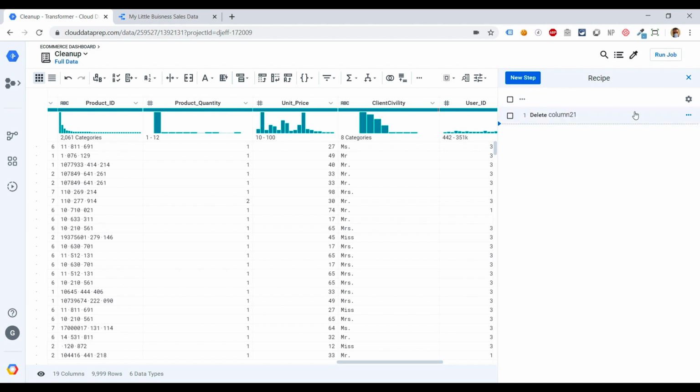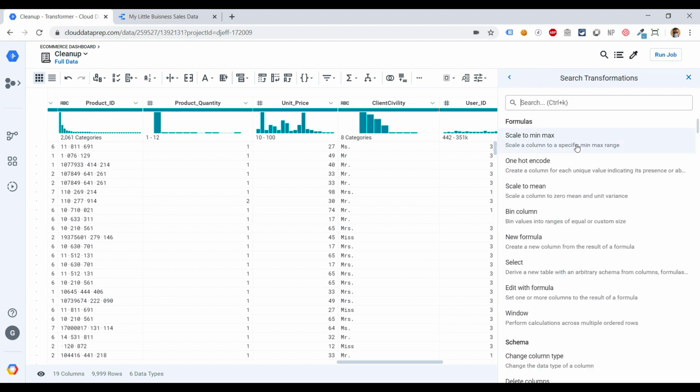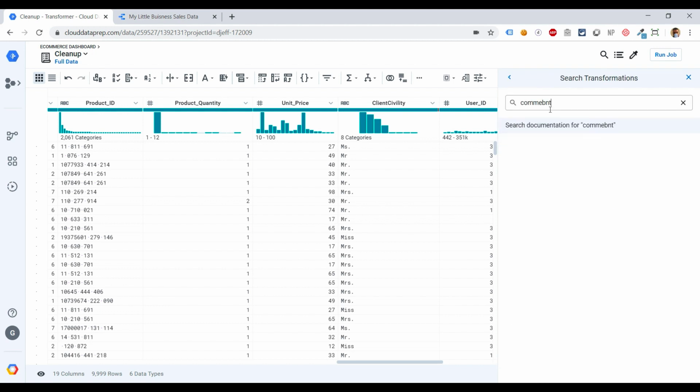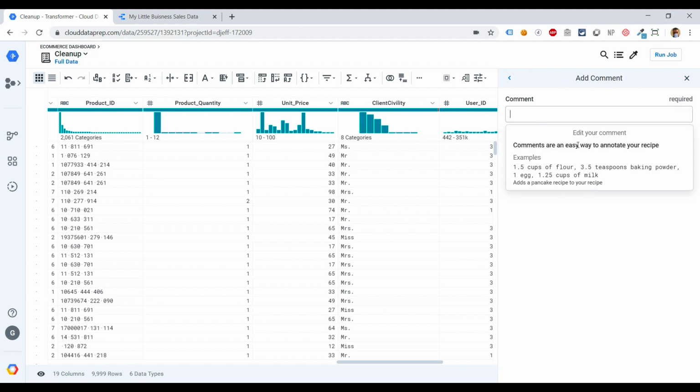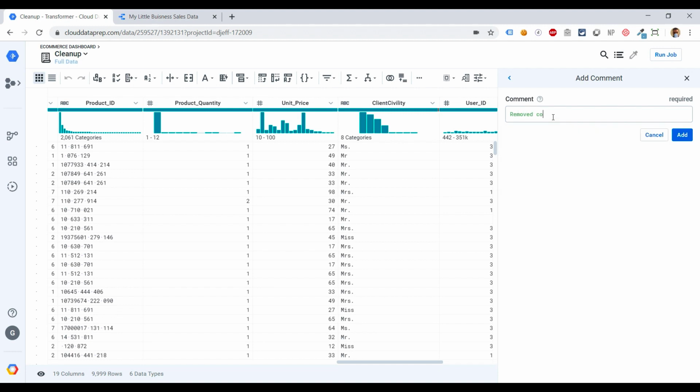So I have a recipe, I have the step here, which is delete, and maybe I want to add a new step, such as a comment, and I can type comment, click on comment, and maybe I want to say removed column 21,